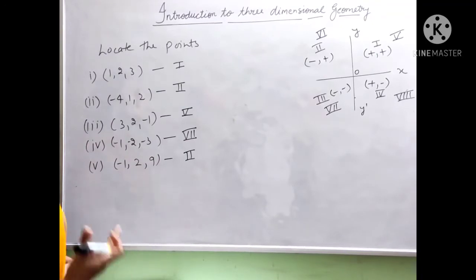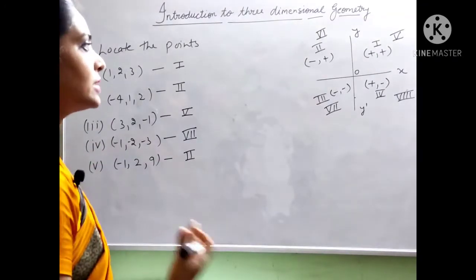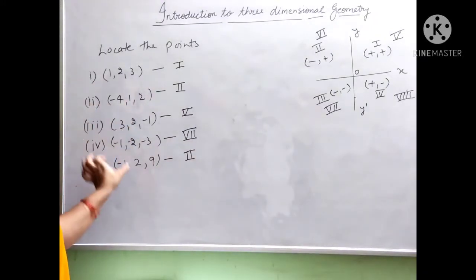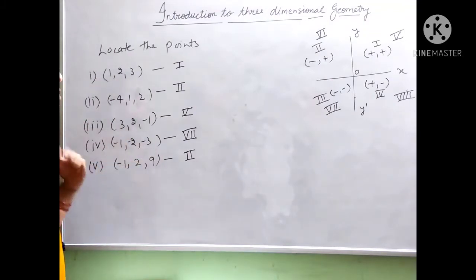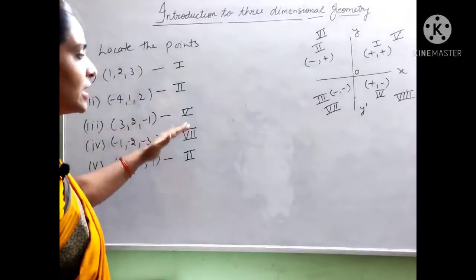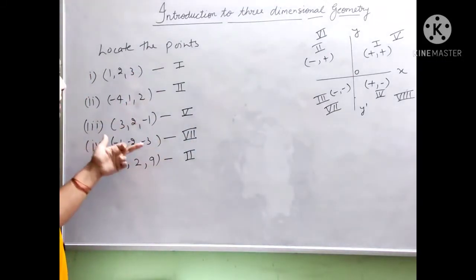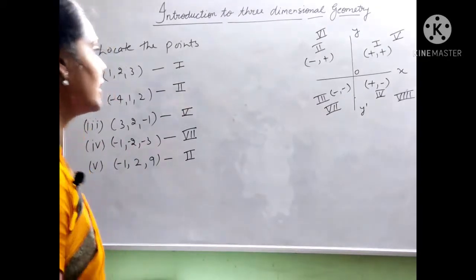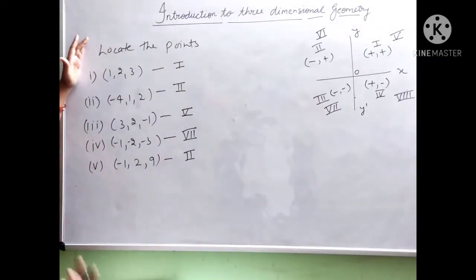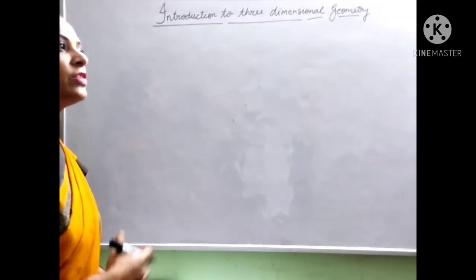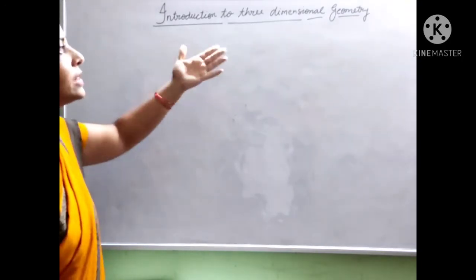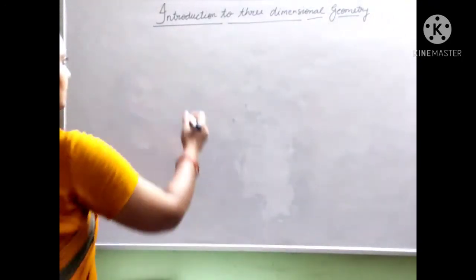So how do we represent a point in three-dimensional space? We check x and y as in two-dimensional geometry. If the value of z is positive, we write first, second, third or fourth, and if the value of z is negative, we check further for the 5th, 6th, 7th and 8th octant. In this way we can locate a point very easily. So we have learned how to represent a point in space, or in three-dimensional geometry.